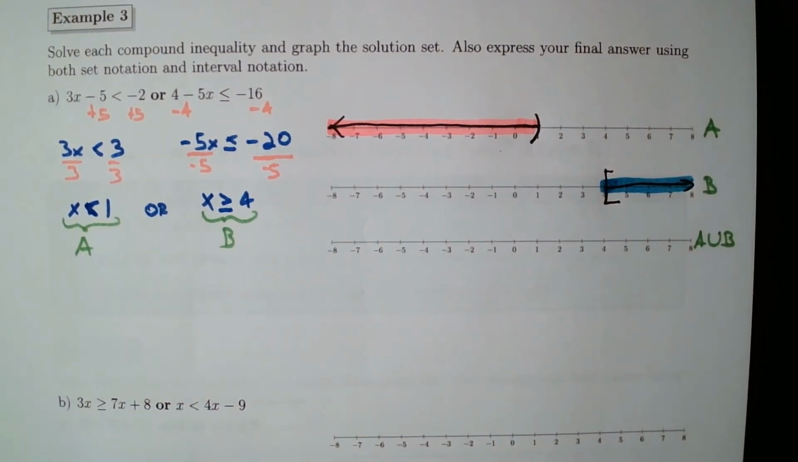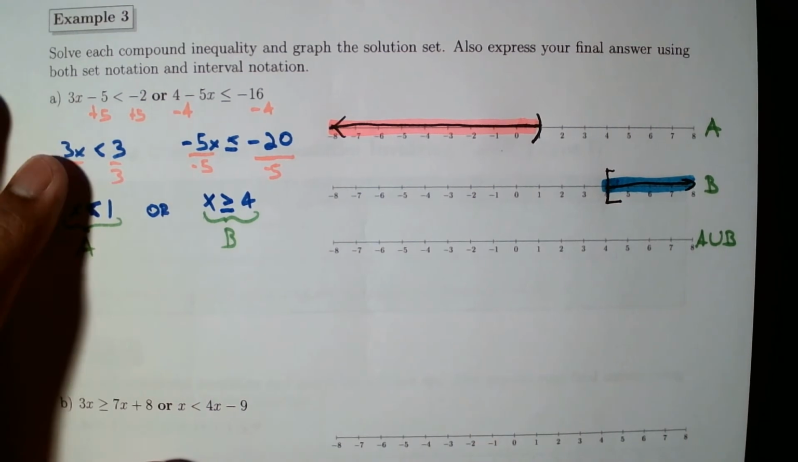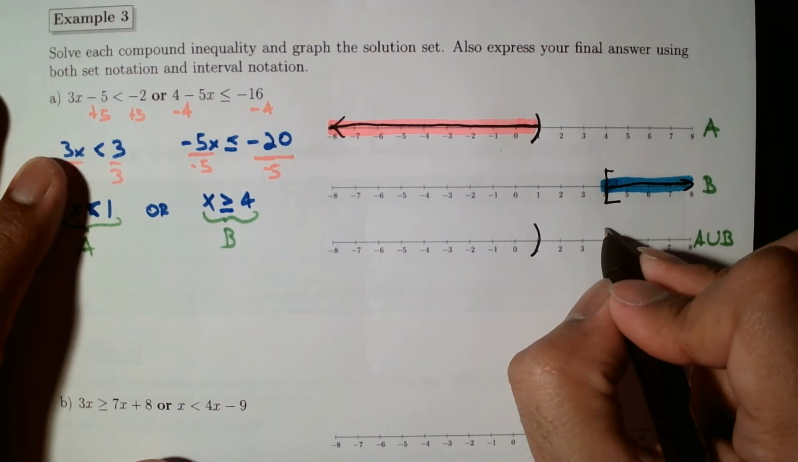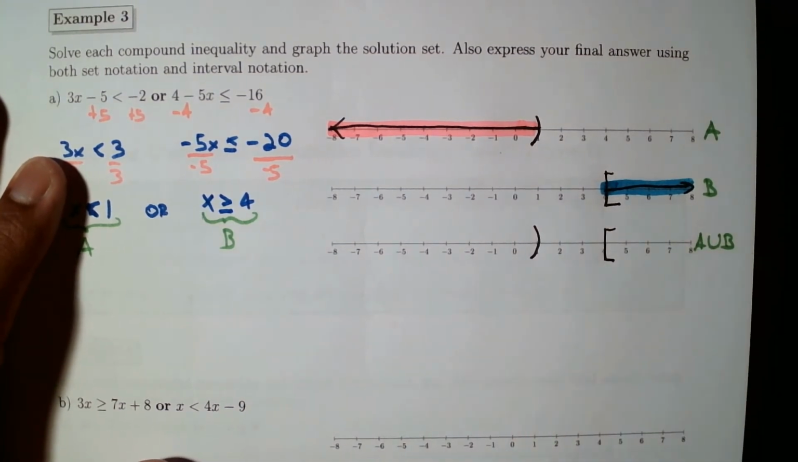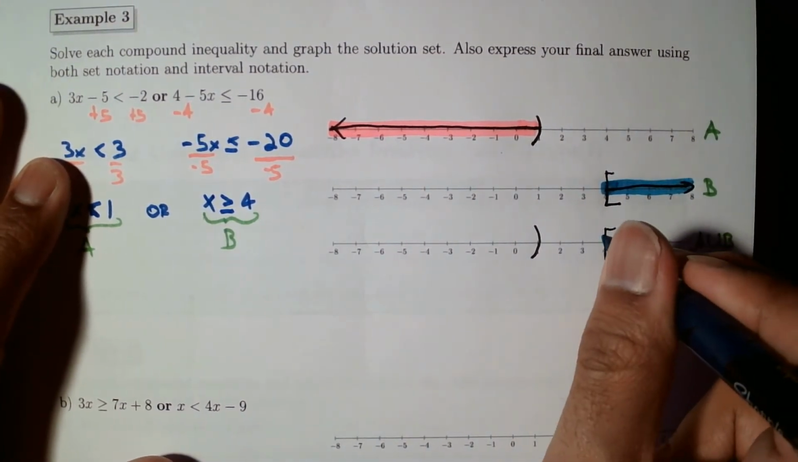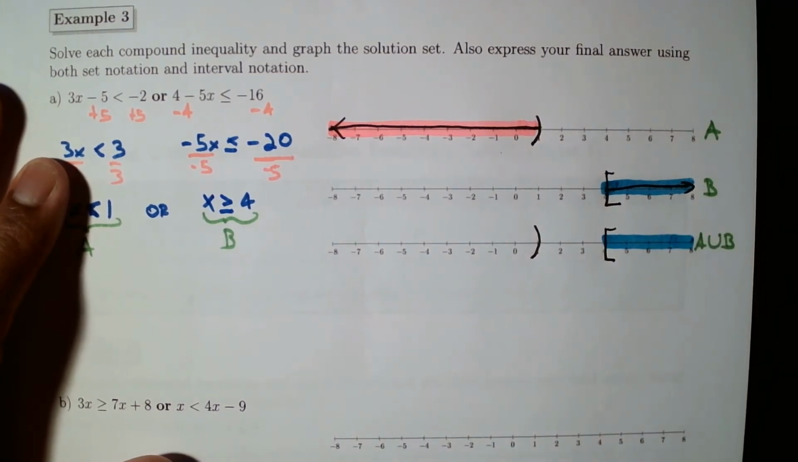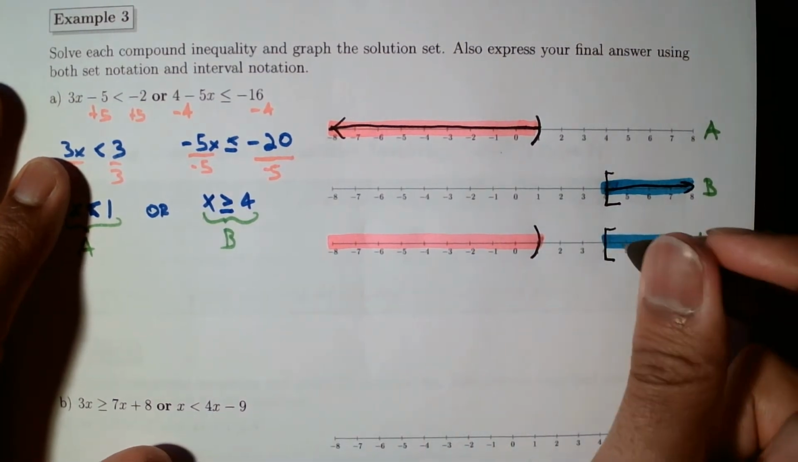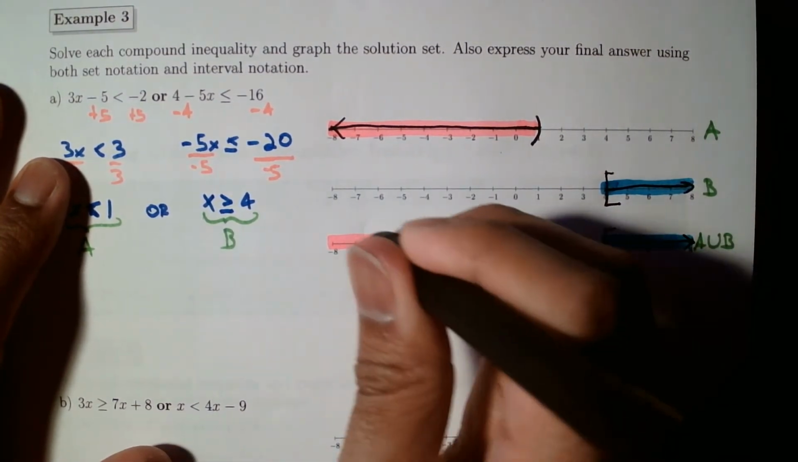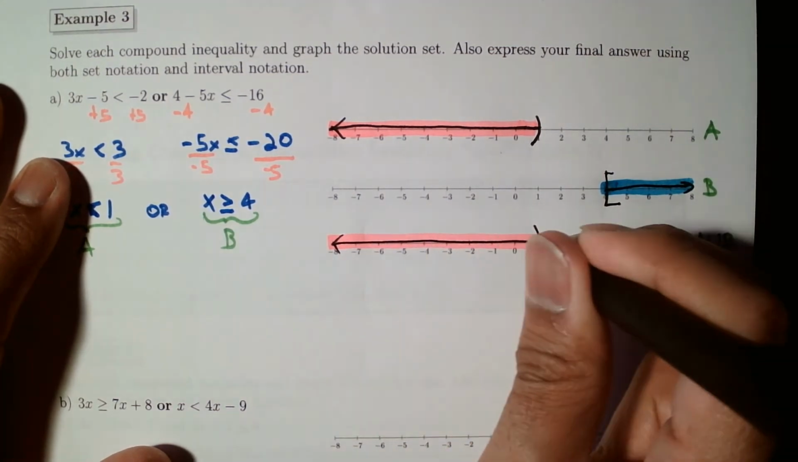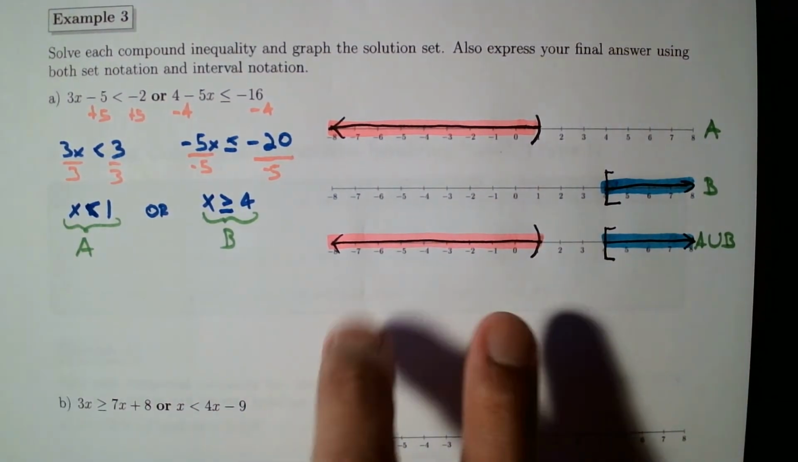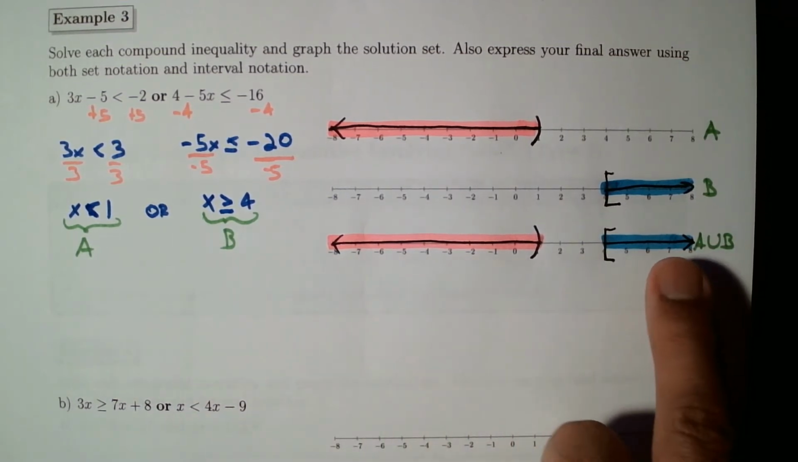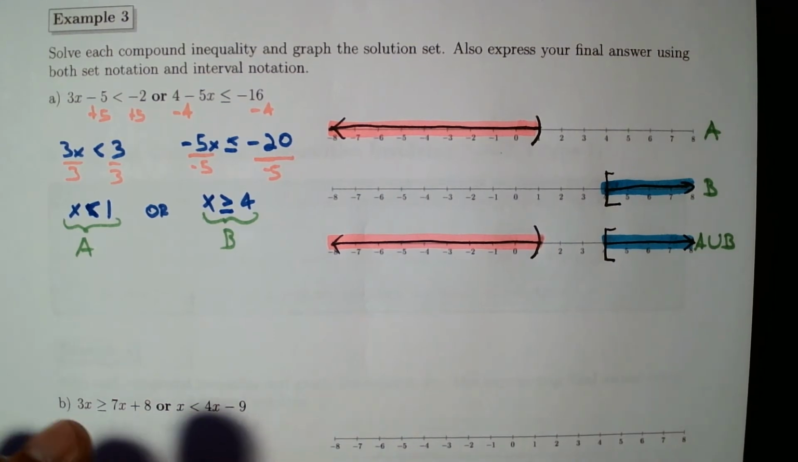All right, so let's see. Let's put these two together. On the one hand, all the numbers less than 1, and on the other hand, all the numbers greater than 4. So that's what we have. This way, that way. All right. Let's see. So we're looking for the union. So all the elements that are either here or here. All right. So in other words,